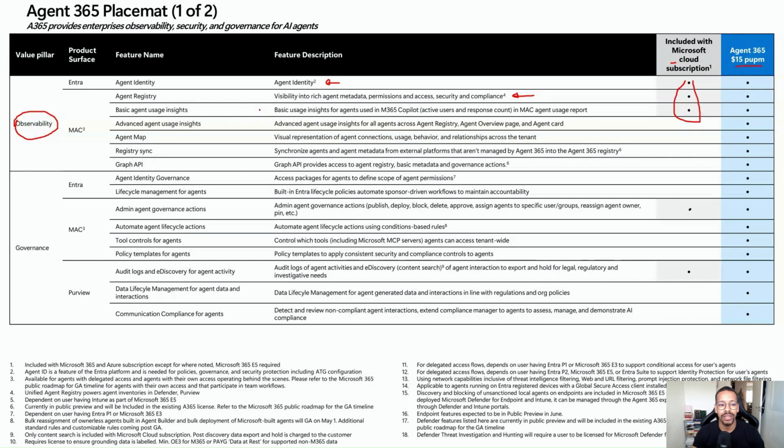But also you will get to see the usage insights, and these are very basic usage insights. So this is active users and response count. You will not get the advanced agent usage. This is only included in the $15 per user license. And the rest is the agent map. This is also only inside the